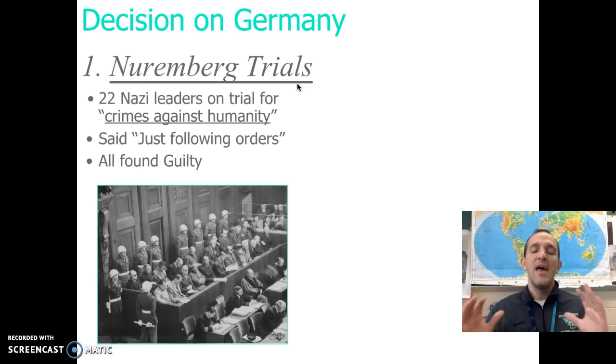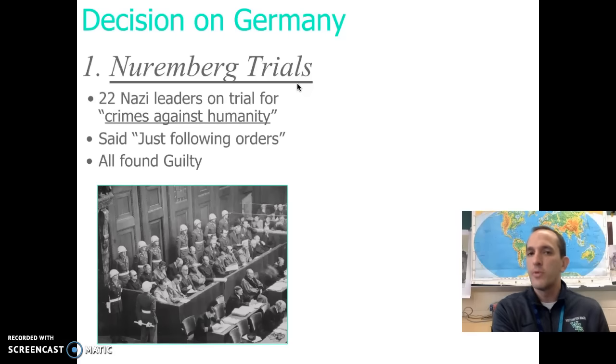But here's the deal. After the war is over, and by war I mean World War II, they got to figure out what to do with Germany. And they're going to hold a trial called the Nuremberg Trials. Now, remember, the Nuremberg laws: Nuremberg is a city in Germany, and the laws are where the segregation laws against Jews first took place. They're going to hold a trial in Nuremberg after the war is over, called the Nuremberg